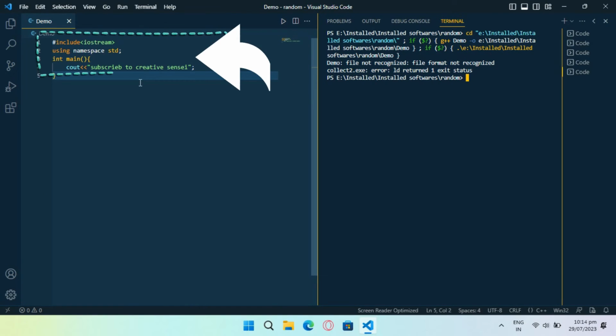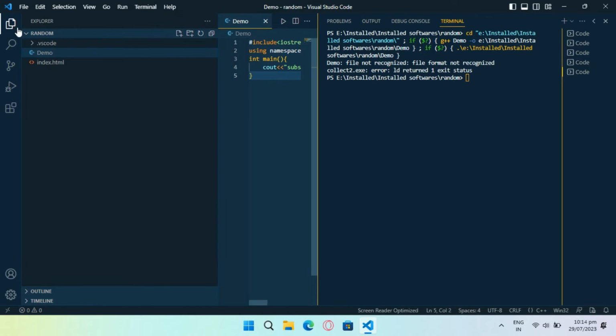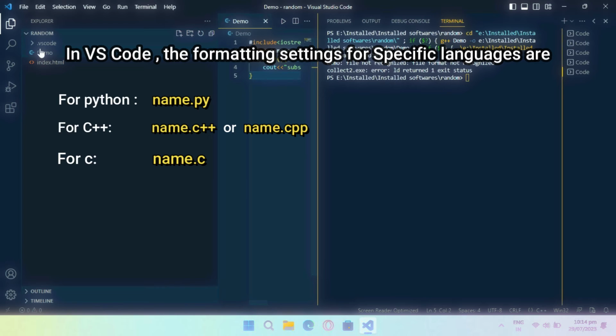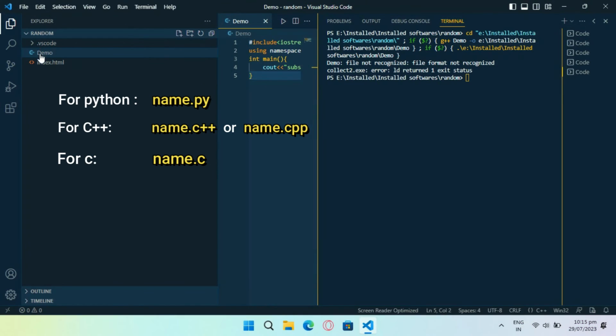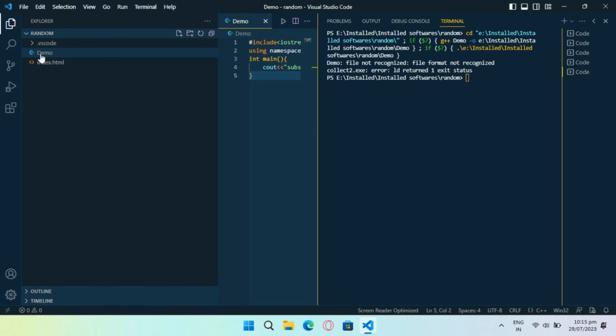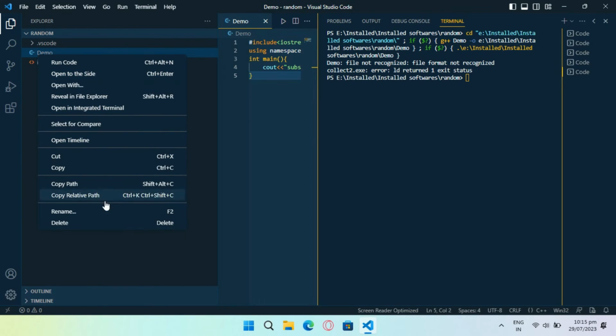Before that, you can check my code is correct, there is no error in the code. So what is the problem? So there is a format setting for every specific language in the VS Code. For example, I have C++ code, so now I need to rename the file into .cpp,